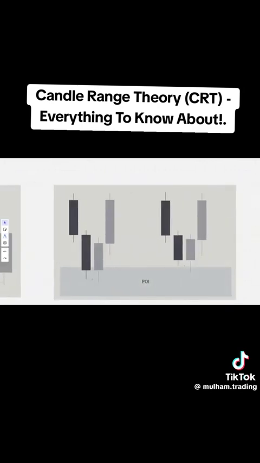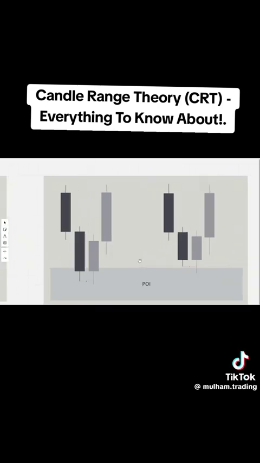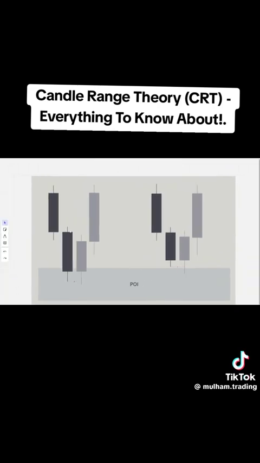What are times that the CRT or the candle range theory is going to be actually a high probability one? A lot of situations. That's what we're going to cover on the next slide. But for now, we're going to focus on one thing and one thing only. The POI, the relationship between a CRT and a POI. In order to get the best results with this theory, or I don't want to call it theory, but just for the sake of this video and for the sake of delivering the idea in the best way. The best way to use the candle's high or low is that you need to deal inside of a POI or near a POI. And that's the major difference here. So if we have, let's say, prices going lower, the same as here, prices going lower.